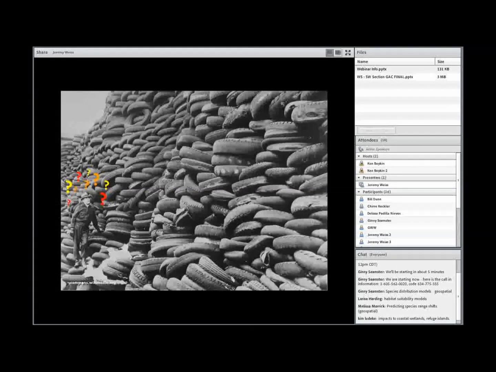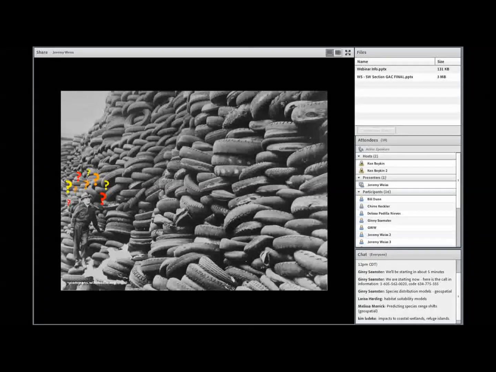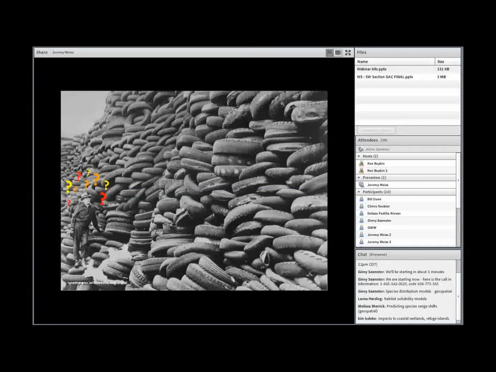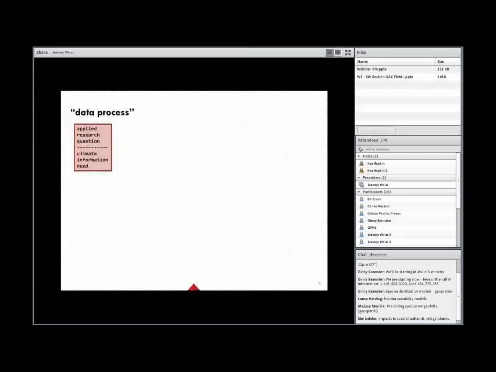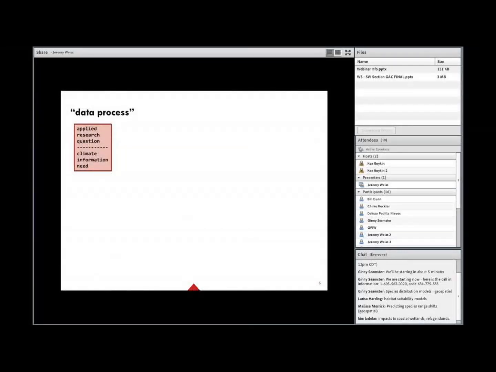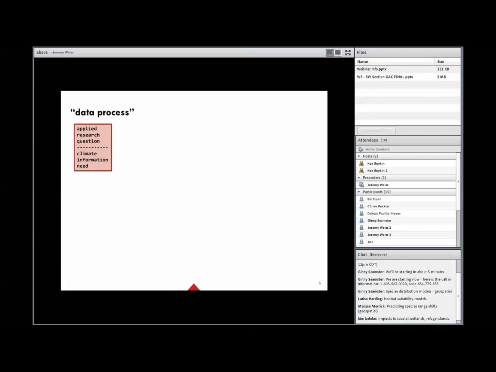And so in my case, what I found helpful is to have a high-level workflow or data process that steers me through thinking about the data and working with it in a pretty, hopefully, sound manner. Of course, that always starts with the applied research question or climate information need. Our interaction with the chat box a few minutes ago established some of these needs. And the first step for me in this case would be to ask, well, are the data available that I'm looking for in terms of an application?